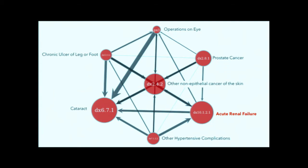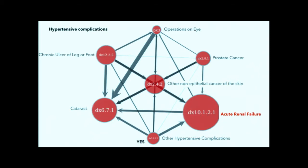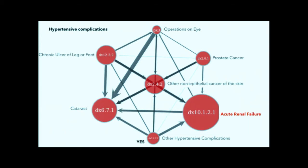If we look at individuals, for example, that have a diagnosis of cataract, you can see the probability of acute renal failure grows. A diagnosis of hypertensive complications other than high blood pressure, it grows still more. And with both, you can see it grows still more. And you can also see, if you've noticed, other risks also evolve here. For example, as you might expect, your probability of developing a chronic ulcer also increases when you have cataract or hypertension